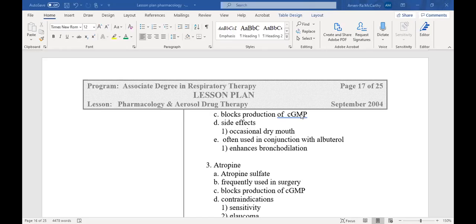constricting. Now, phosphodiesterase and cholinergic are two different things. Cholinergic response makes you constrict. Phosphodiesterase only takes you away from dilation. It doesn't make you constrict, okay? Phosphodiesterase does not constrict the bronchioles. It just brings you back to normal. Cholinergic will constrict you. Albuterol, or sympathomimetic, also known as adrenergic, will dilate you, and phosphodiesterase brings you back to normal